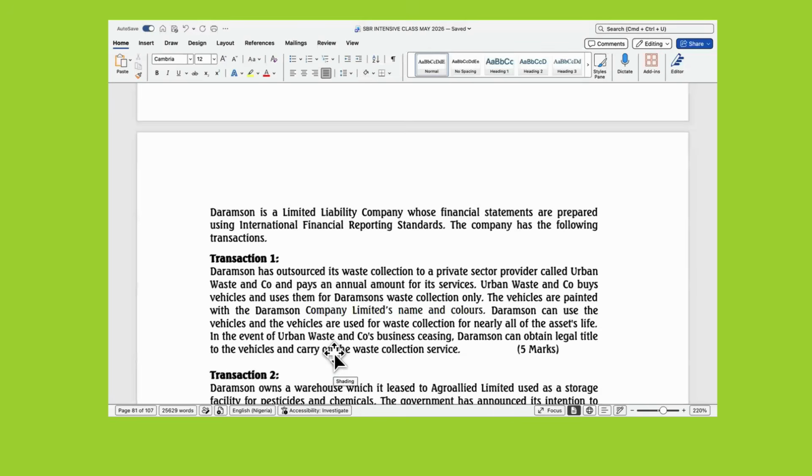using the asset. And according to IFRS 16 on leases, where an entity that is not the owner of the asset has the right to control an asset, which means that it obtains substantially all the economic benefit from the asset, and it has the right to direct the use of the asset, then it should recognize the asset in its books. So the Ramsey will recognize